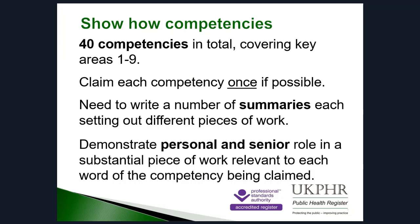When we come to the show how competencies, this is evidencing that the knowledge has been applied and that you as an applicant understand the way you've applied the knowledge. There are 40 competencies in total, covering key areas 1 to 9. You can claim each competency once if that's possible, rather than keep duplicating the same claims in different parts of